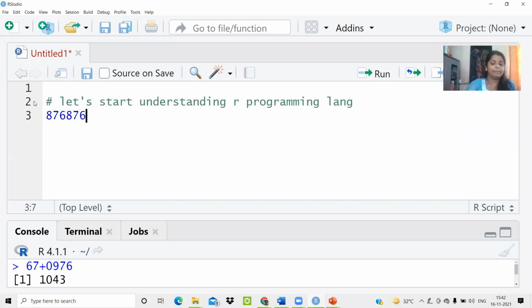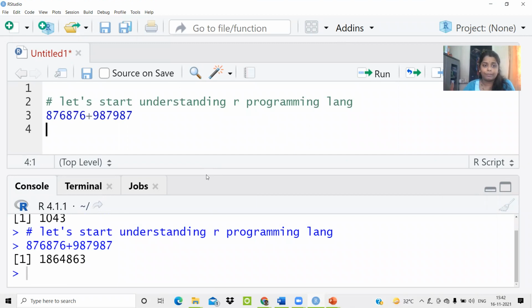If you're writing an expression like this, and you simply press Control Enter, or press the Run option available on the screen, it is going to generate the output. You can see the output inside the console. I hope you have understood from this tutorial how to install R and RStudio, from where to download it, and the basic difference between the console and your scripting part. In the script, you can write whatever complicated logic you want, and its result is always displayed inside the console. So remember: you write code in the script, you can save your script, and in the console you get the output.